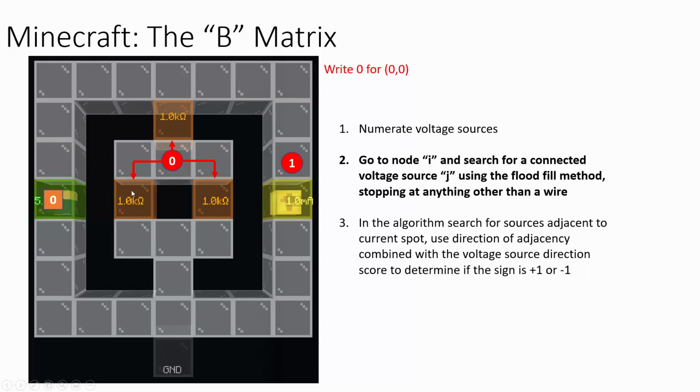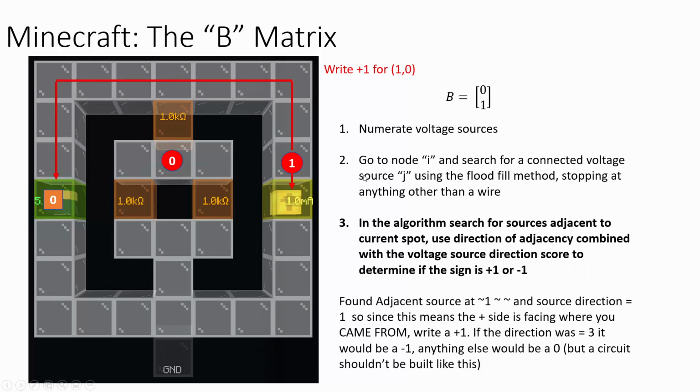So if there is a connected voltage source, no, it's a connected resistor. Is there a connected voltage source? No, it's a connected resistor. Okay, if we find one, so at this one, is there a connected voltage source? Nope. We go around this path. Is there a connected voltage source? Yes, there is. Okay, so now that there is, we need to look at the scoreboard that we set originally